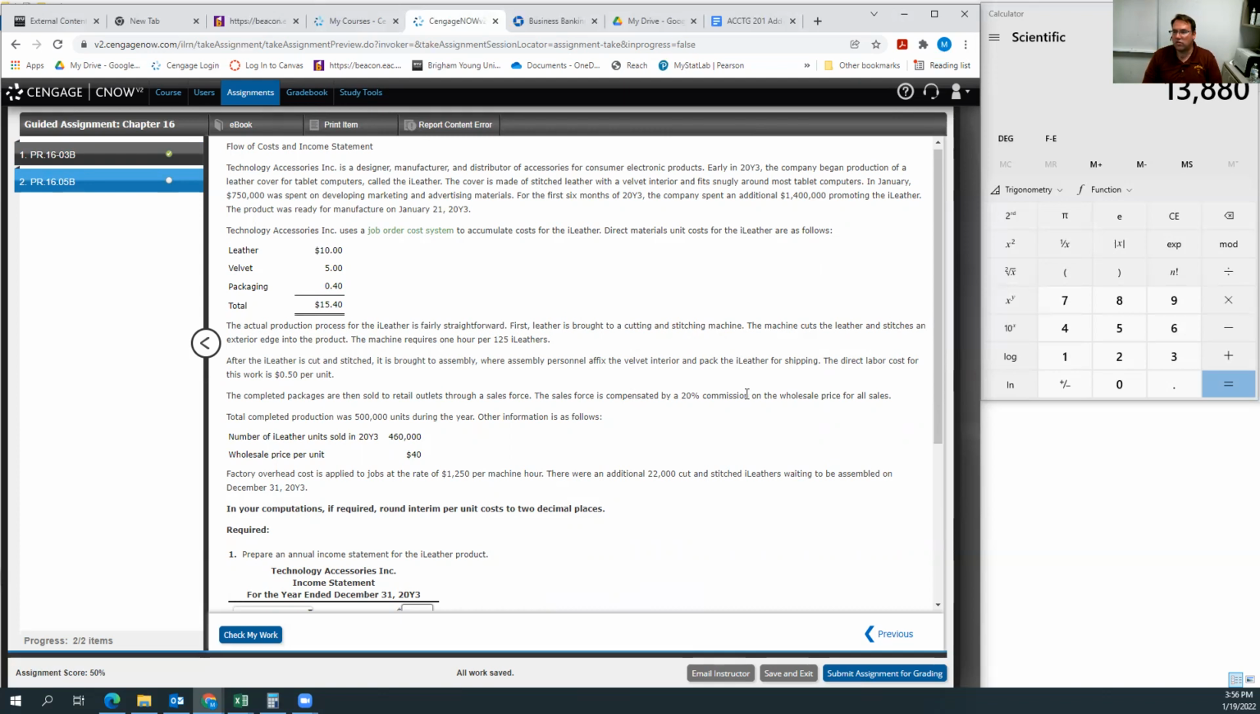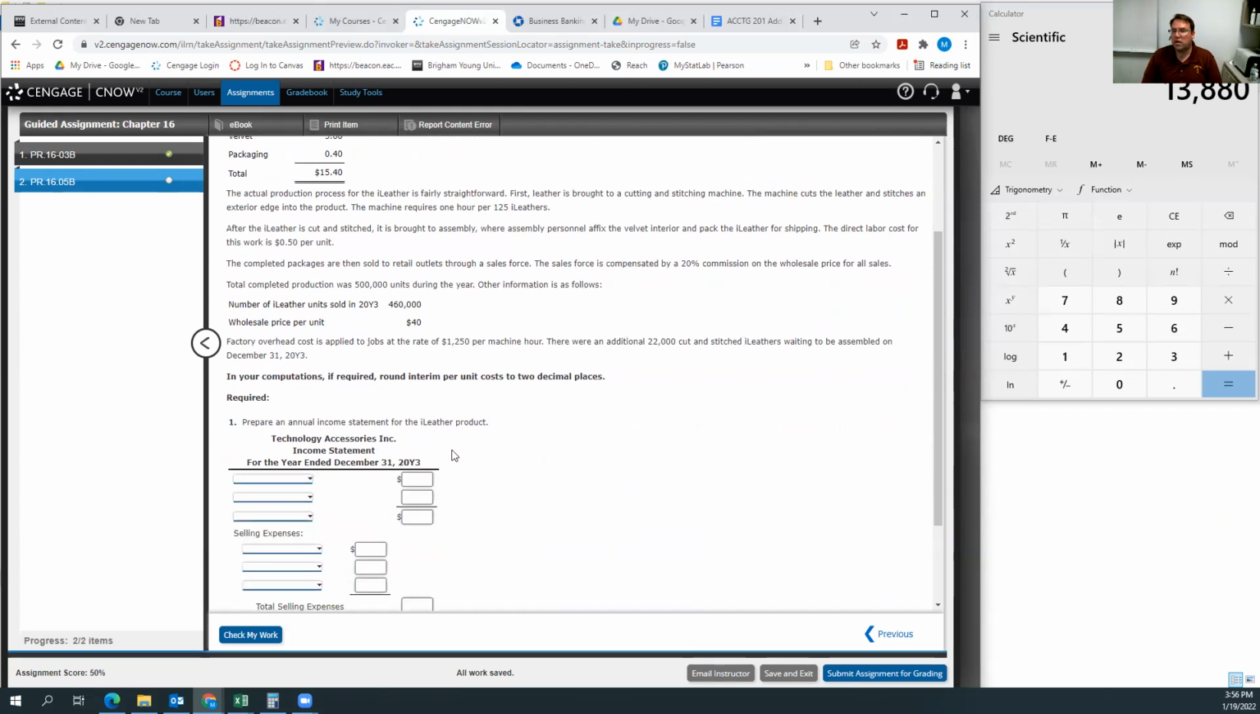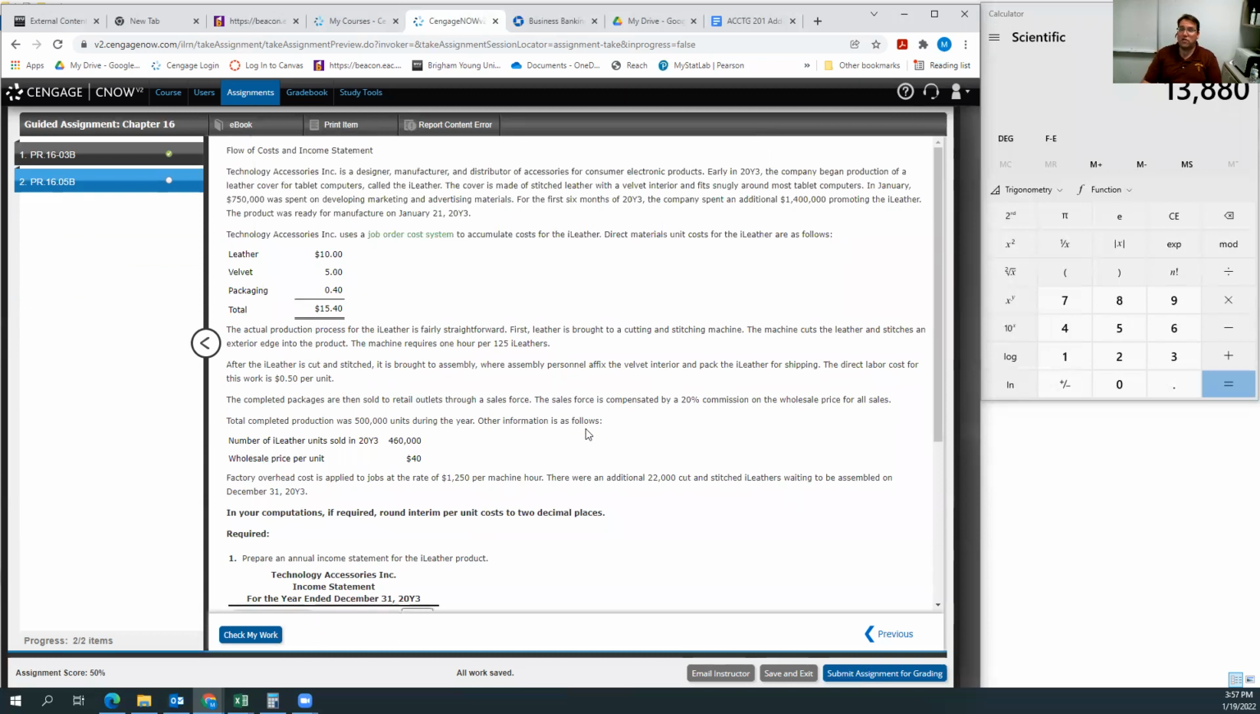Salesforce is compensated with a 20% commission. Total completed production was 500,000 units. They sold 460,000. Wholesale price was $40 a piece. And then the factory overhead is applied. Okay, so there's a ton of information. They just sort of barf information all over you, and then you're supposed to figure out how to use it